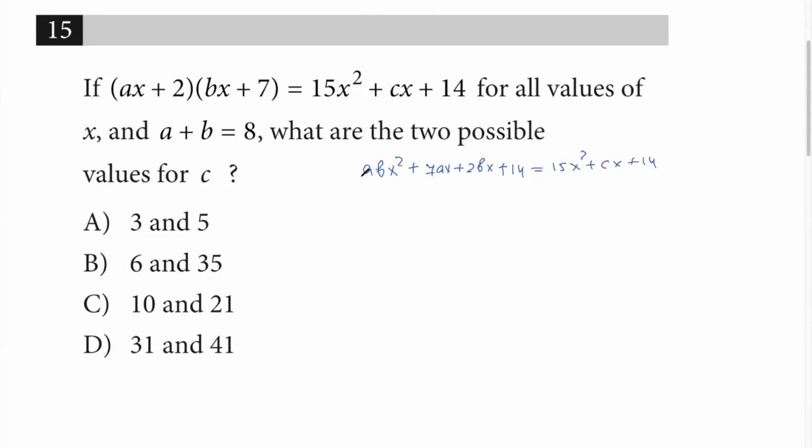Look, the coefficient of x squared is ab, and the coefficient of x squared is 15. It means ab is 15, and here we have a plus b